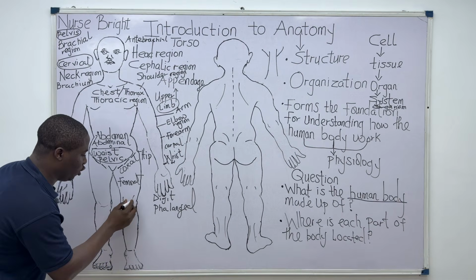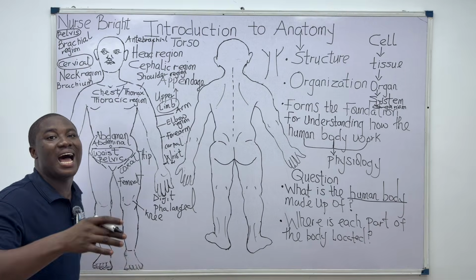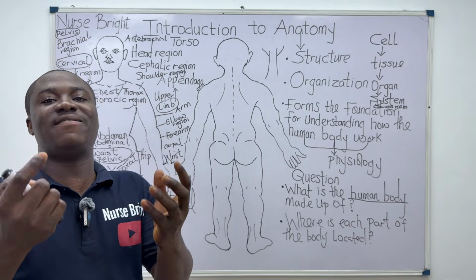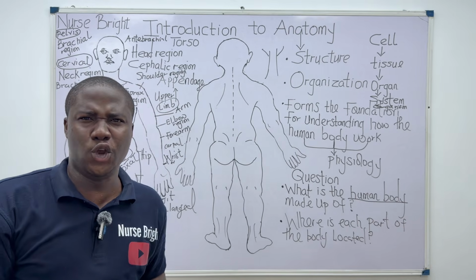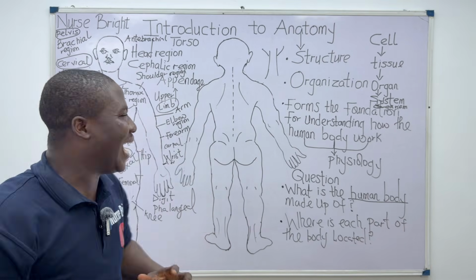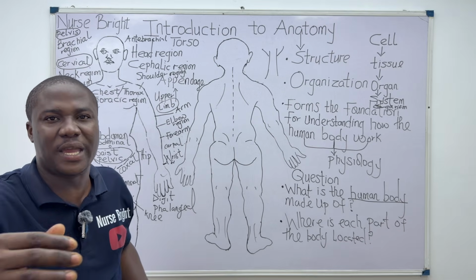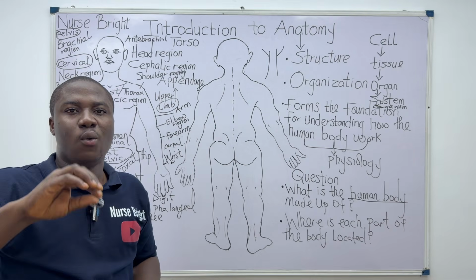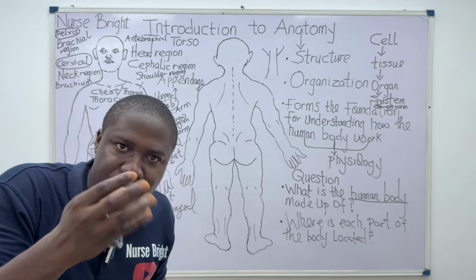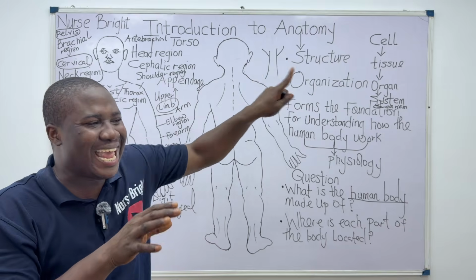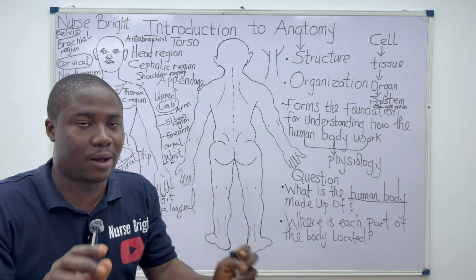So, what region will you call this? This is the knee region, the knee region. Now, listen, the knee is divided into two parts based on your view. If you look at the human in a front view, which in anatomy is another term called the anterior view, we are going to see them properly in the course of this class lesson. I just want to talk about it right now.